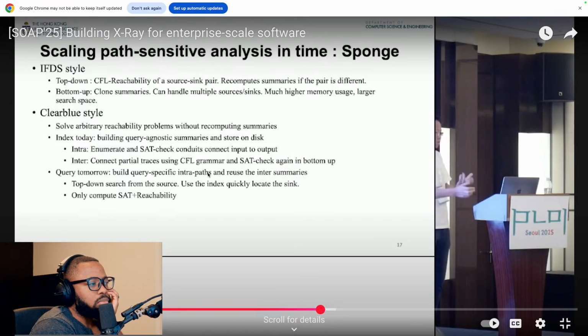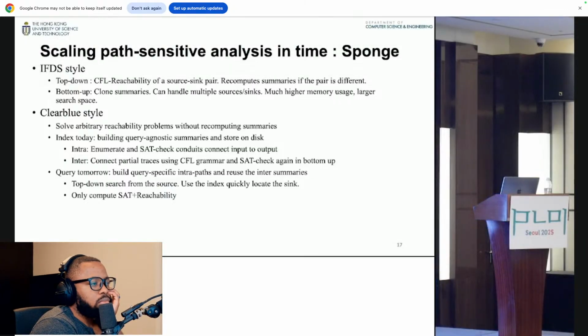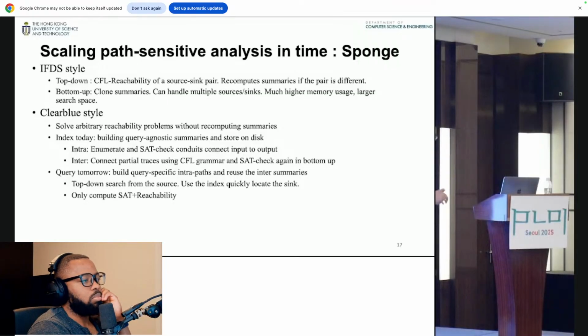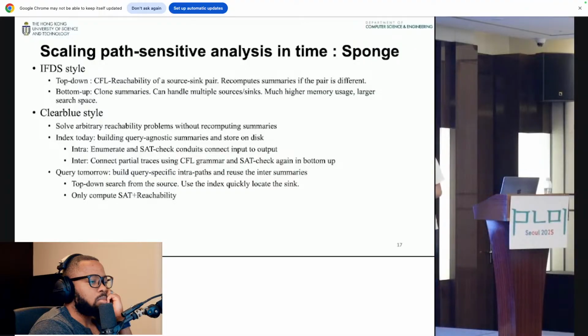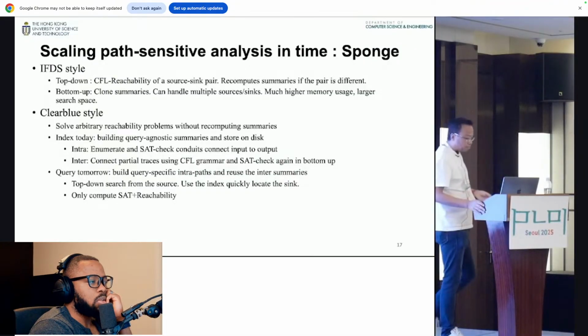There is effort in reusing some of the clones. And if you have multiple sources and sinks, you can probably also address that, because you're doing inlining, and on the way you can do more discoveries of other sources and sinks. But it requires a lot more memory compared to the top-down approach. I would imagine so. So we like to combine both.